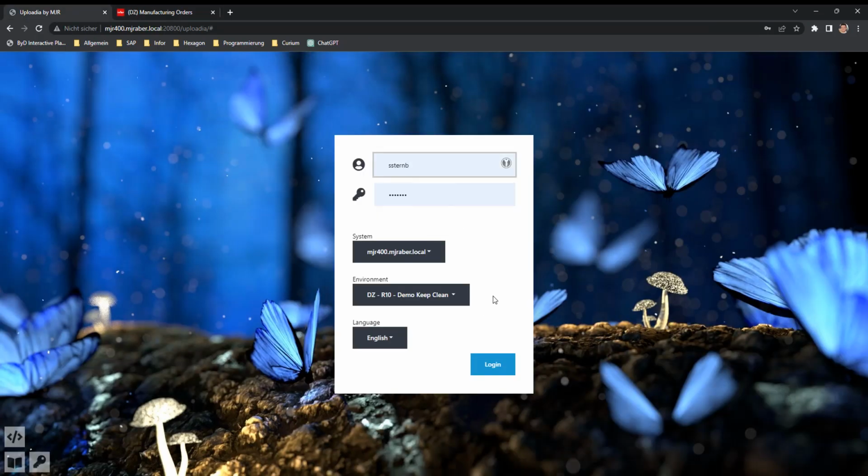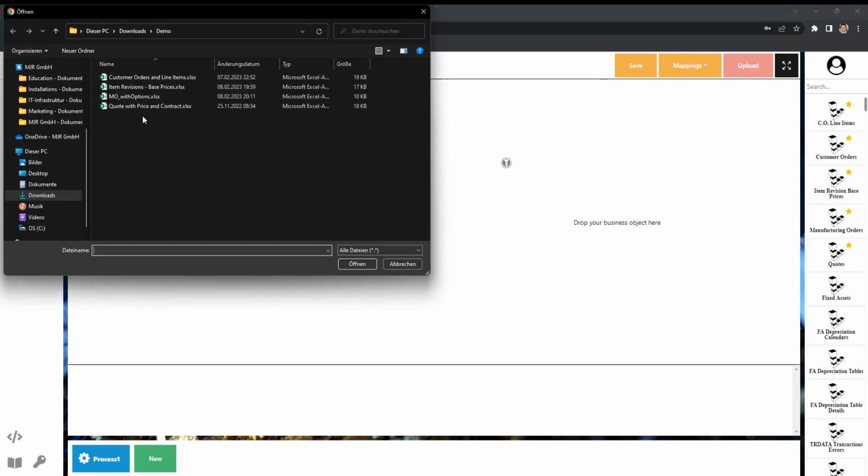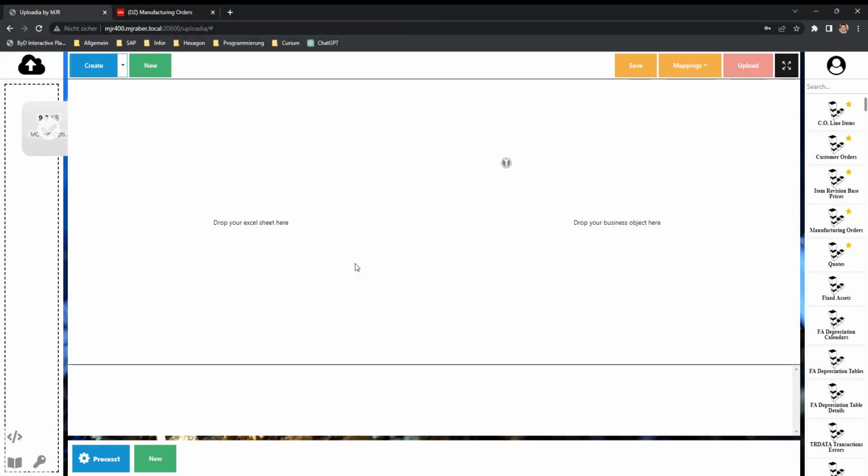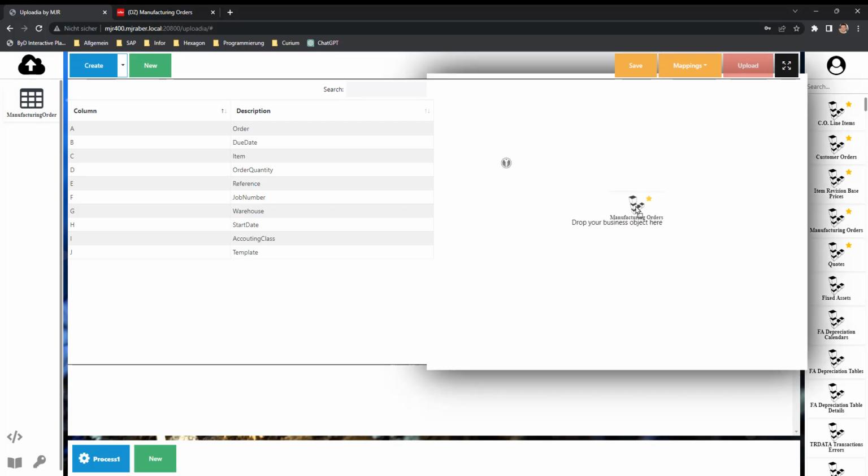I'm logging in to the set environment. So now Uploadia is loading all the business objects. You can see on the right side, I've already marked the manufacturing orders as a favorite, so I have it on the top, and then I'm going to click this icon, select MO with options, take the manufacturing order Excel file, or the Excel sheet, and I take my business object,